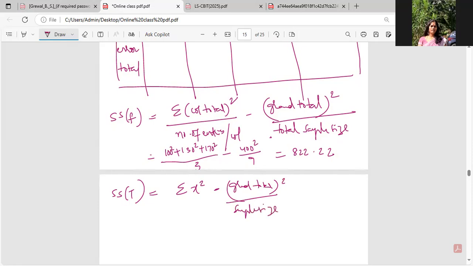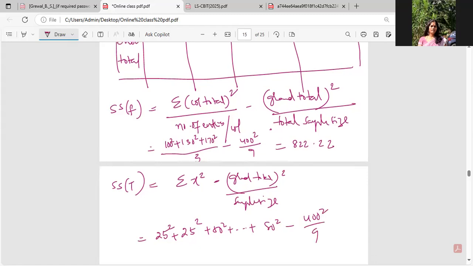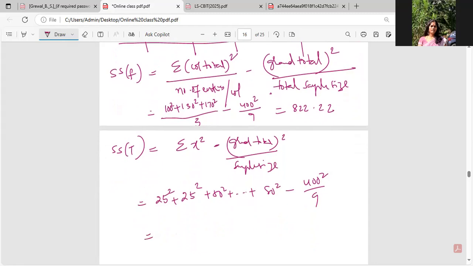So here summation x squared would be all; I'm adding all the columns and each element I'm squaring up, row wise or column wise, 80 squared and so on. The second term is anyway 400 squared by 9. If you observe from the calculator, this value turns out to be